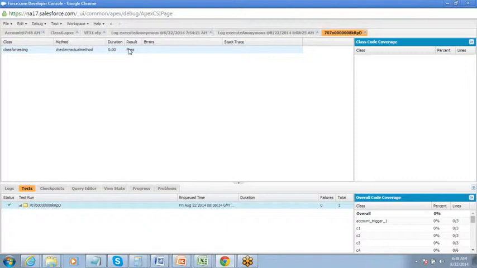Fine. Now as a result, because this test method passed, it will provide code coverage to which code? C9, right? Because this test method was meant for C9. So it will provide code coverage to C9.